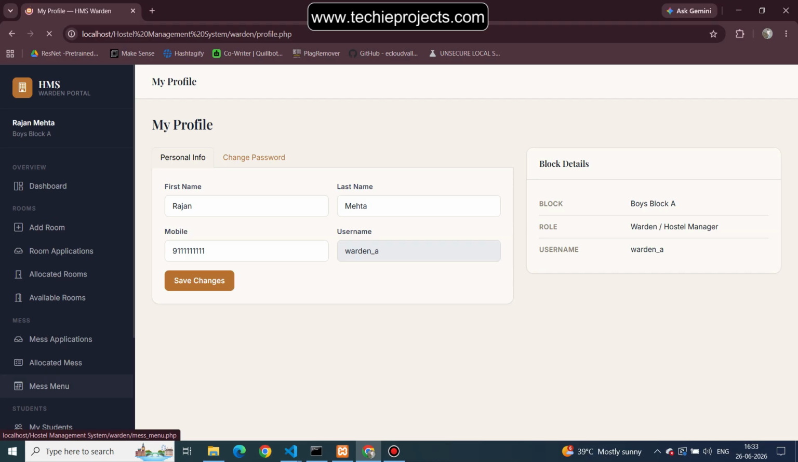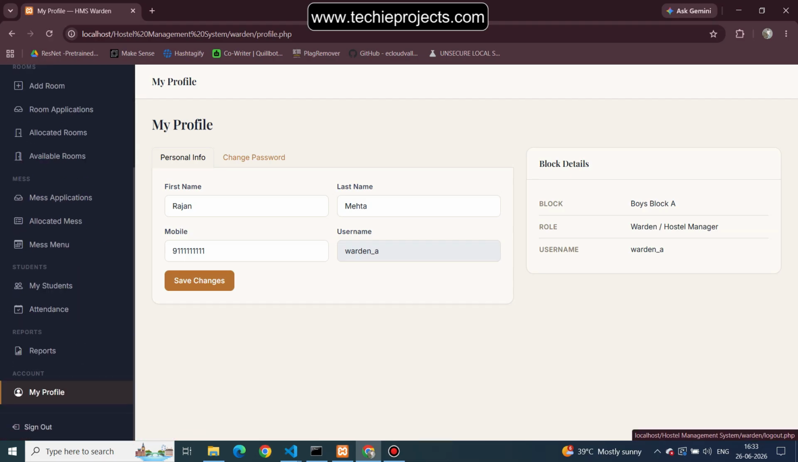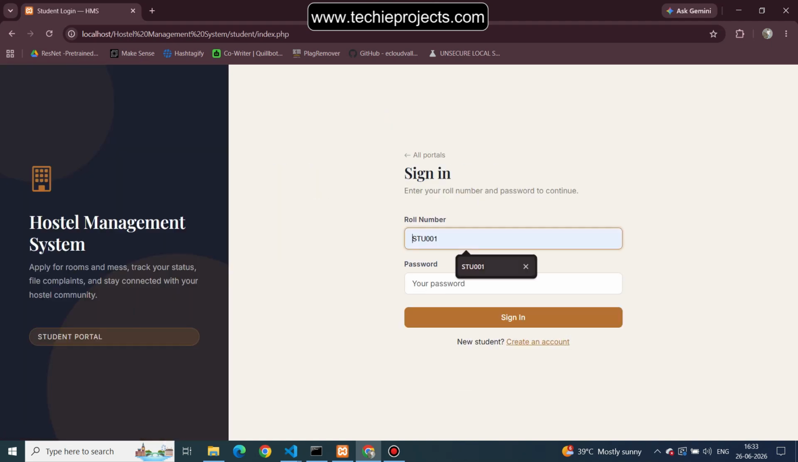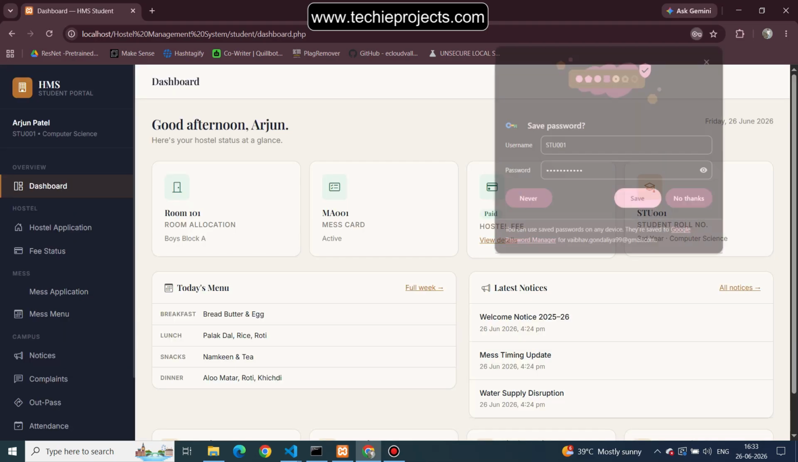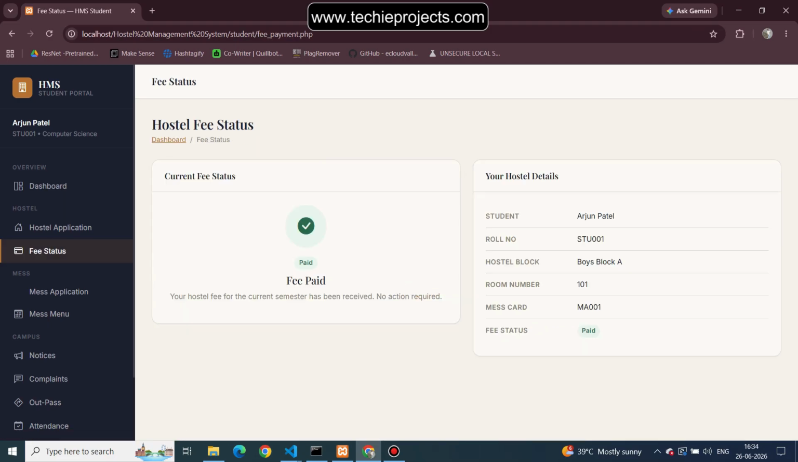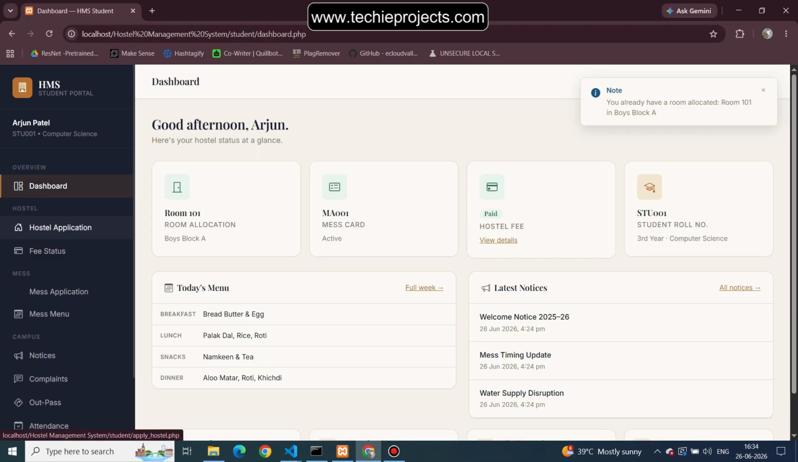This will be the profile section of the warden. Let's click on logout and log in with the student section. Let's go back. Now just enter with the student section. We have to enter the roll number and password of the student. Then click on sign in. Now it will open the dashboard of the student section of Arjun. Fees status, hostel fee paid, dashboard,